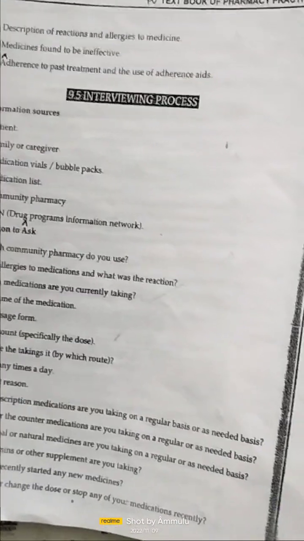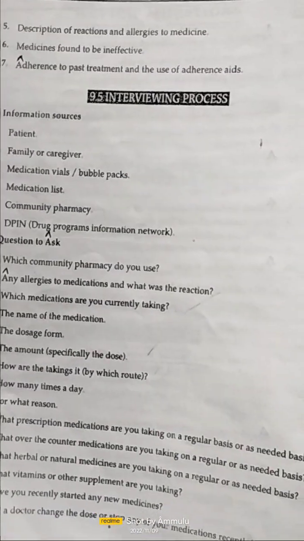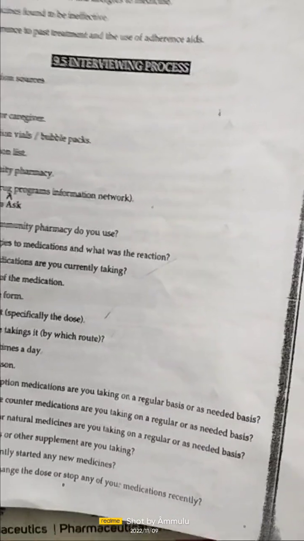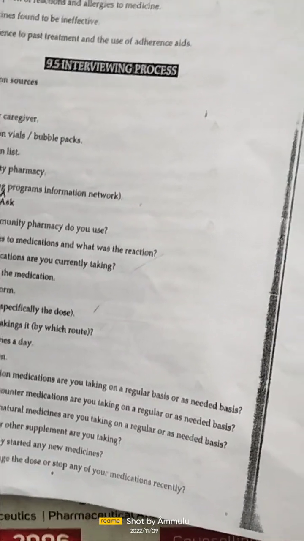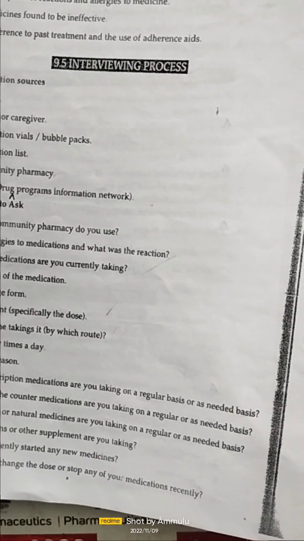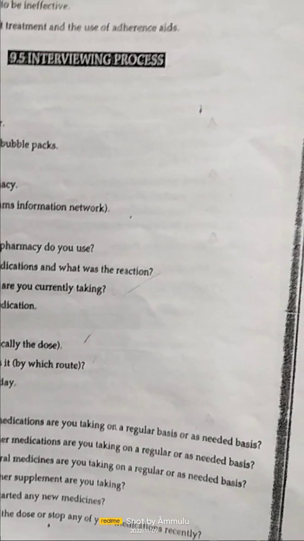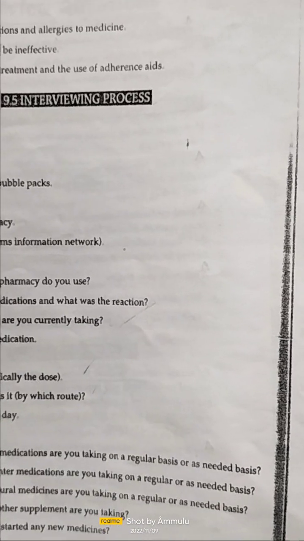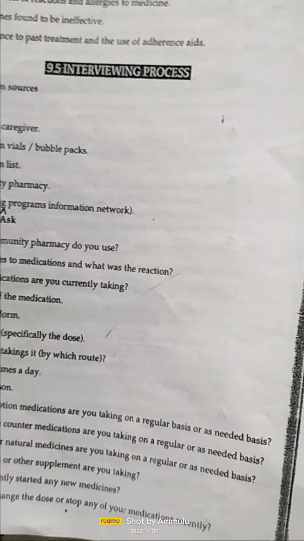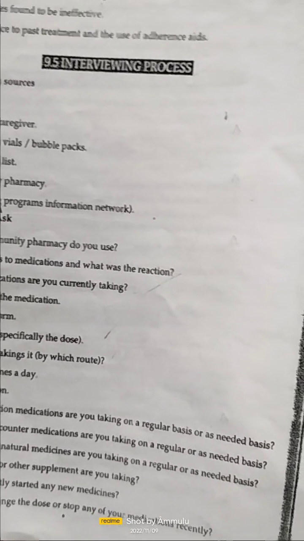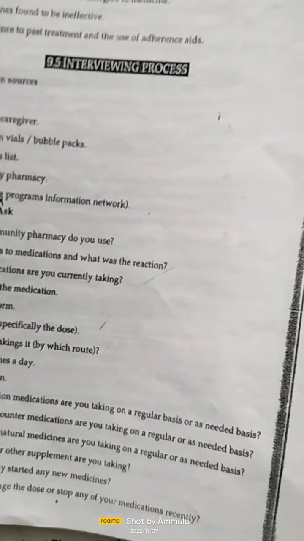In this patient medication history interview, we should interview the patient at his convenience. In this interviewing process, there are 8 types of steps. They are information source, questions to ask, medication history and other questions about the medication, and additional questions to explore the complaints of the drugs, and client education,